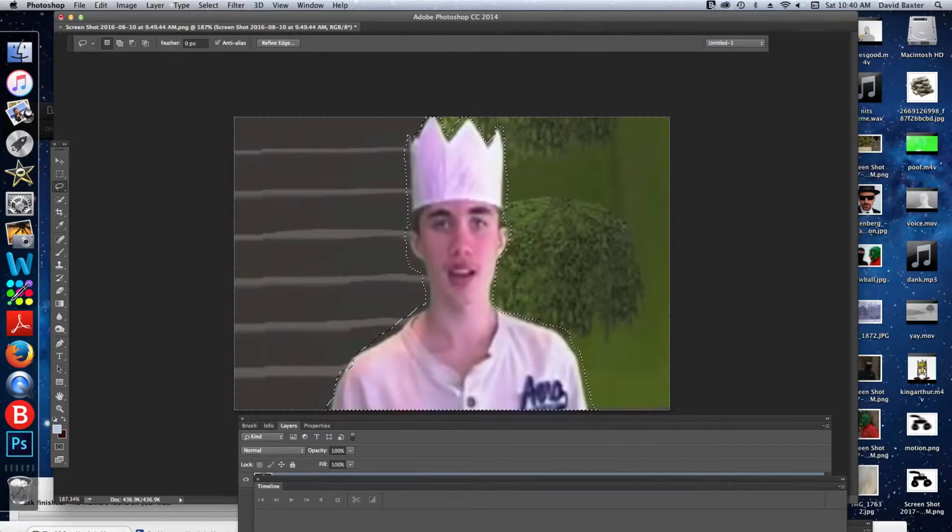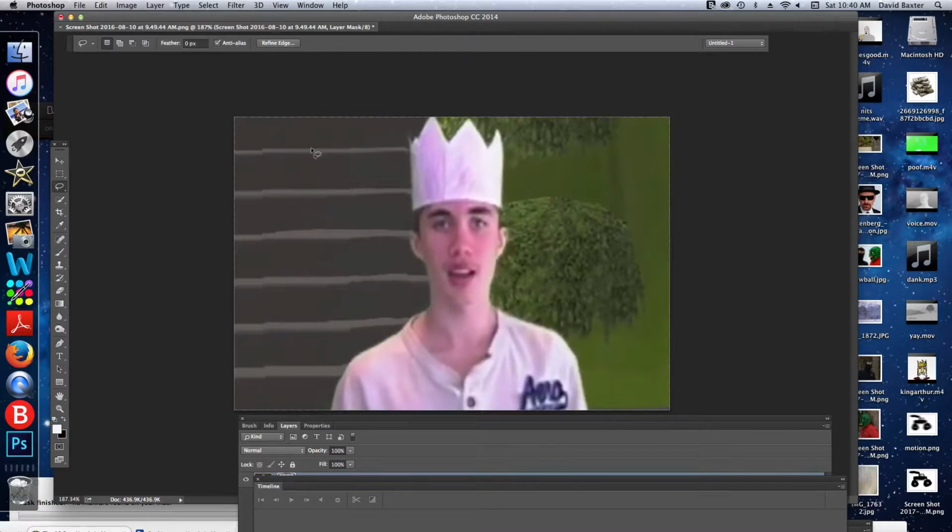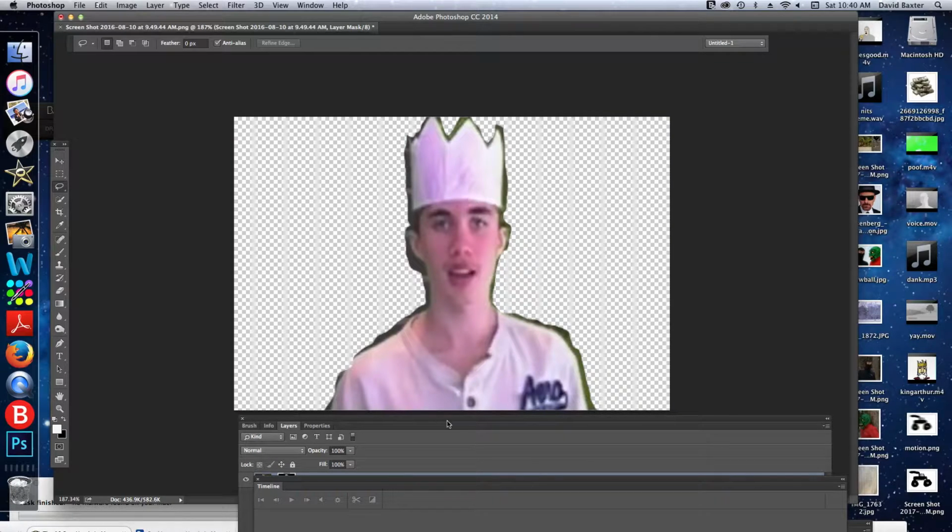And now you go up to your layer and make a layer mask. For this we want to reveal the selection. So make everything that we selected show and everything else disappear. But that doesn't look very good, so we need to